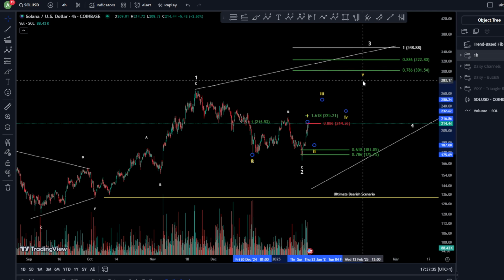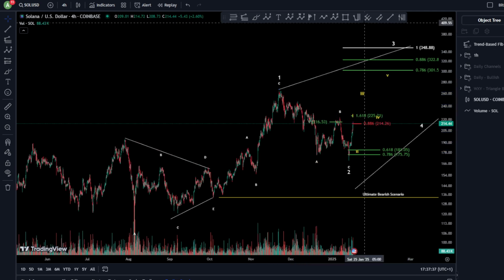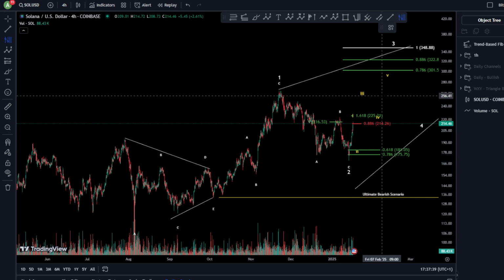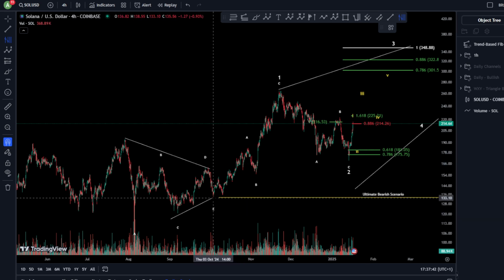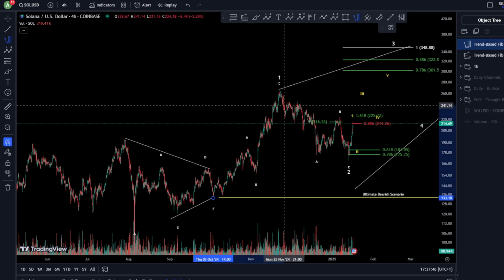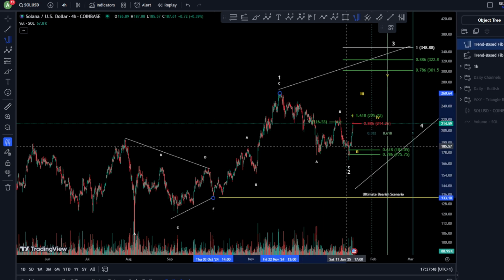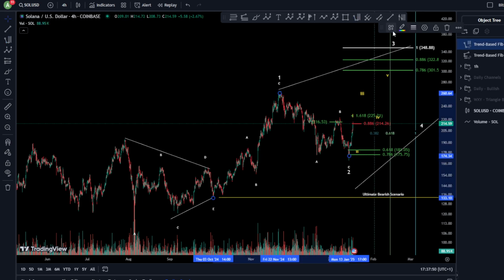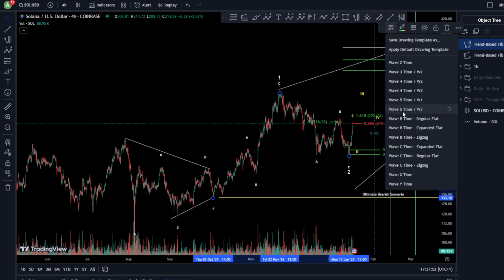And if we take into consideration the time required for a wave 3 in a contracting diagonal, let's see this. Let's start from the wave 1 here to the wave 2. If we have wave 3 based on your wave 1,